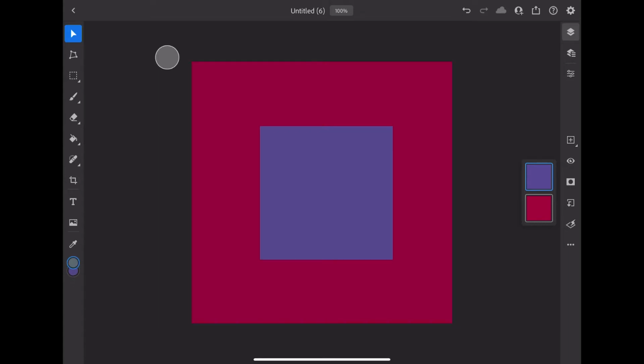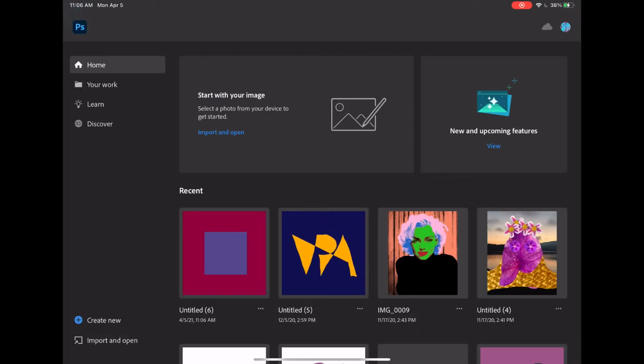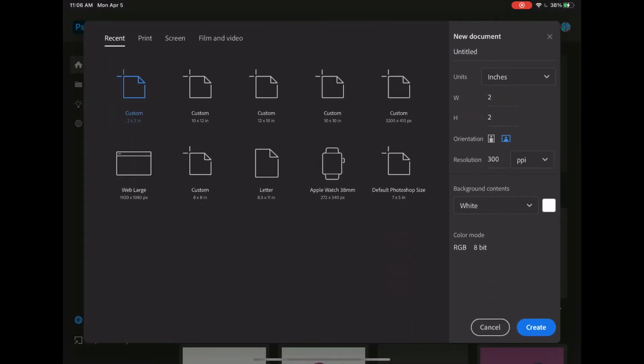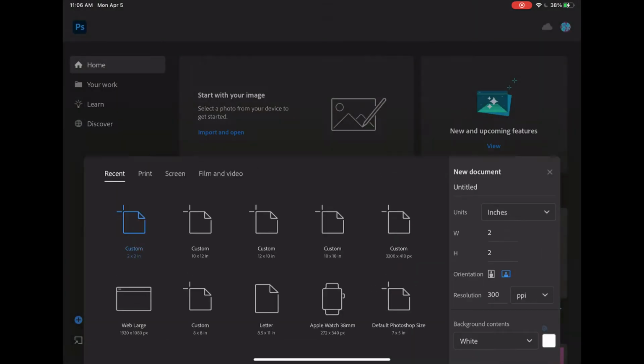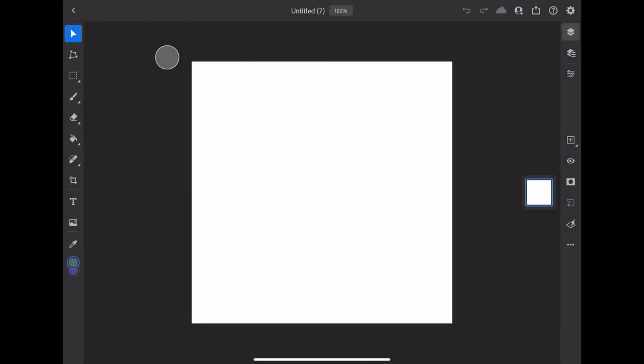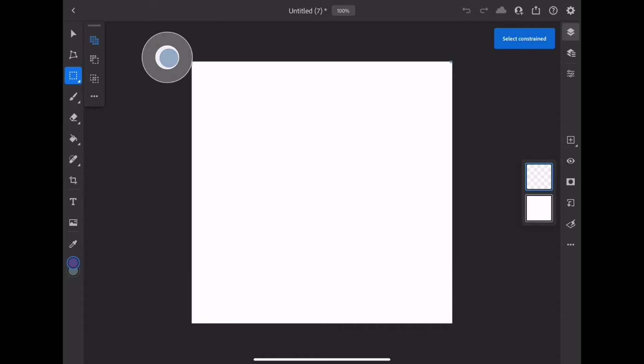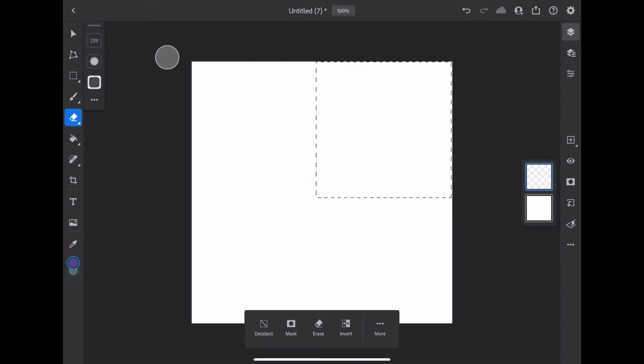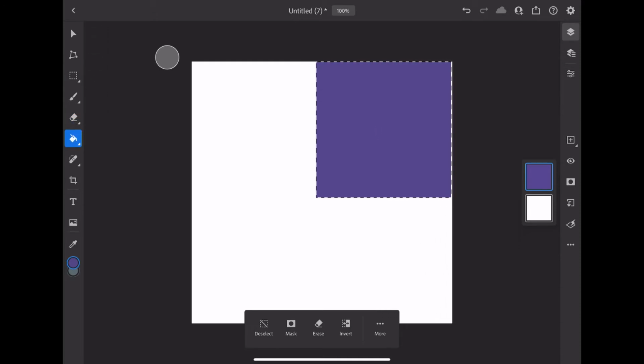Now the biggest trick is to get the square in the center to be the same color for your next two compositions. So the easiest way to do this is just make both compositions at the same time, fill in that center square with that same color, because it'll still be there as your top color. So you have to make the new layer in each document, make your perfect square that's about 1 inch by 1 inch, and again, you're just doing this by eyeballing it. Finding your paint bucket tool, filling it in,